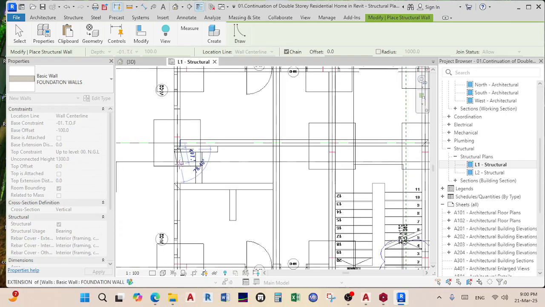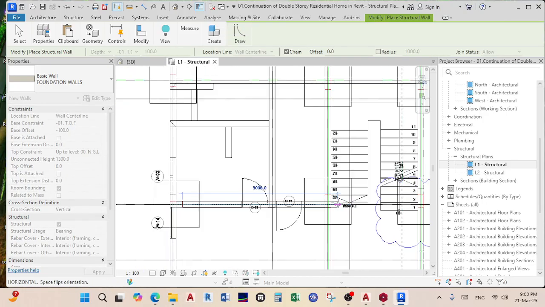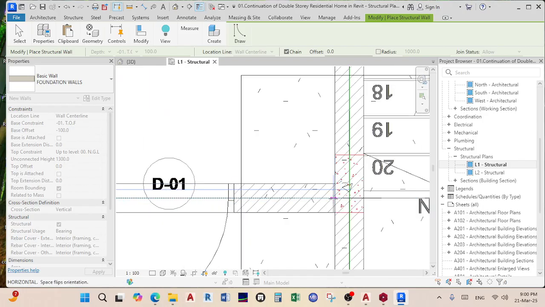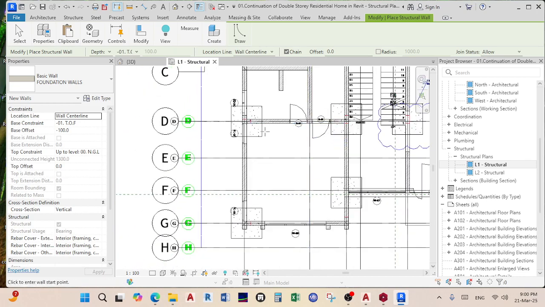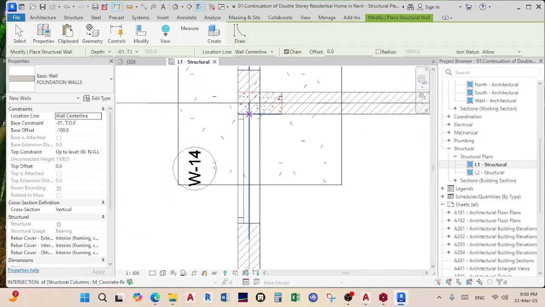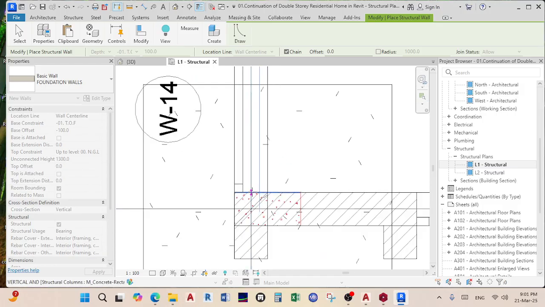Okay, from there to there, like that. From here to there, like that, and then from here to there,